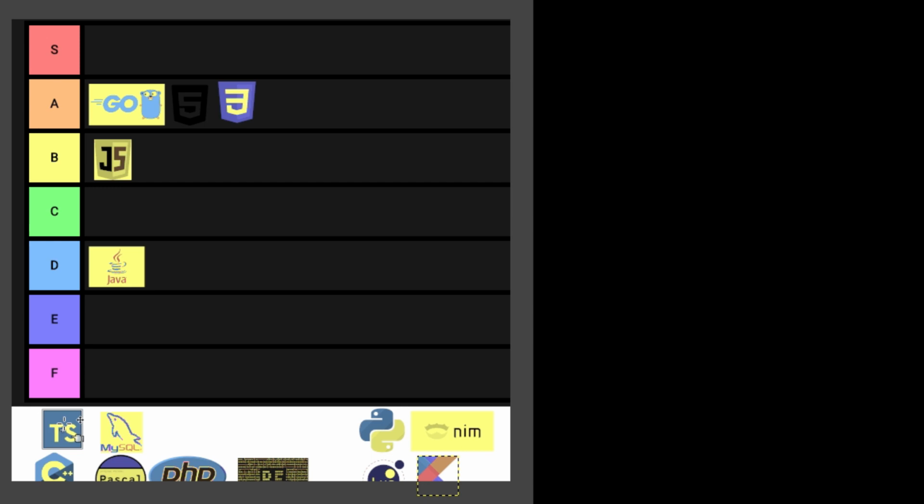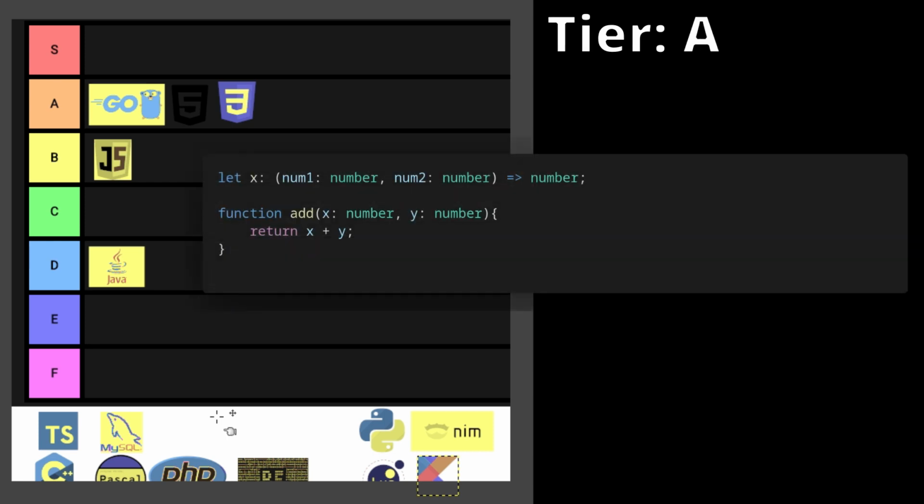Next up is TypeScript. Whilst it is not necessarily a new programming language, it's just JavaScript but with types, I think it still deserves to be on this tier list. TypeScript is just like JavaScript, but with types. However, the code it produces can potentially be a bit slower than normal JavaScript, since it does usually produce a few more lines of code, which can put a little bit of extra load on your JavaScript. Syntax-wise, it's the same as JavaScript, but now also add types, which could make it much easier to read.